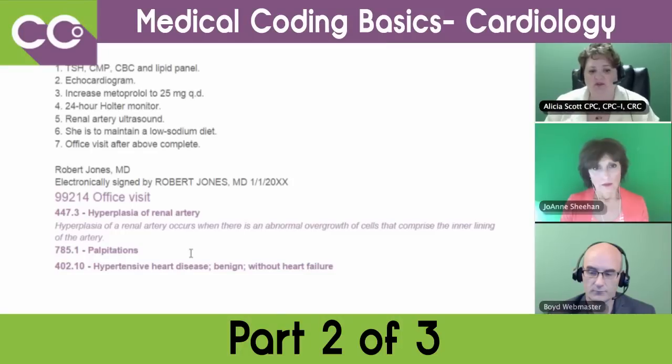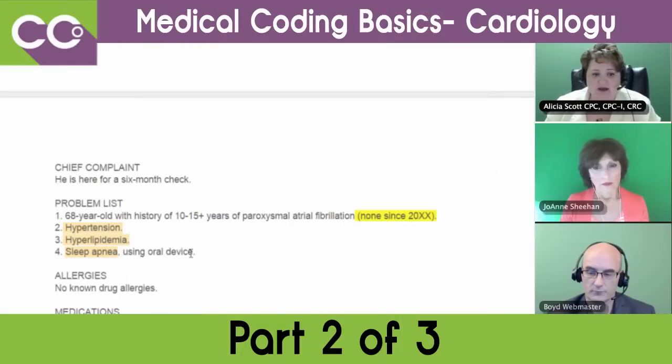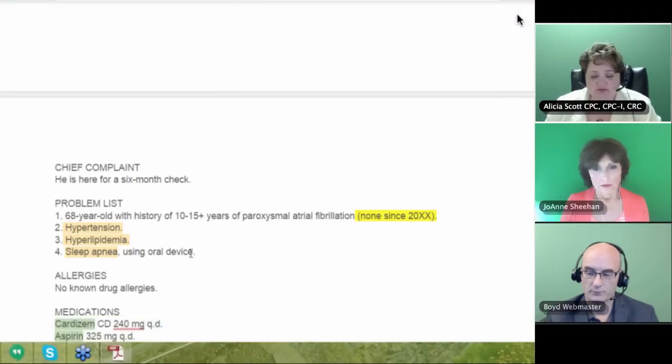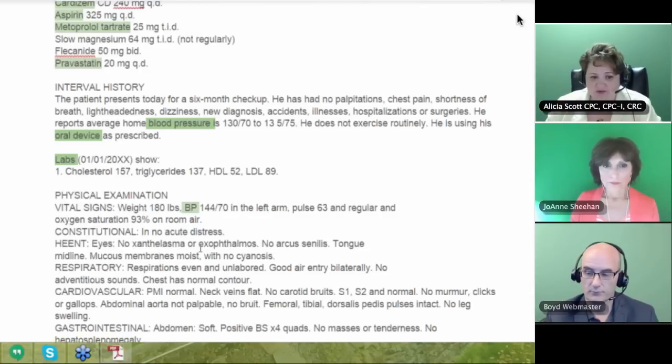I grabbed another one, and again, it is here for a 6-month check. These are routine, very common cases where a person has a cholesterol, or excuse me, not a cholesterol, a cardiac problem. So again, I'm going to go ahead and slide down to the bottom. Always like to work from the bottom up.